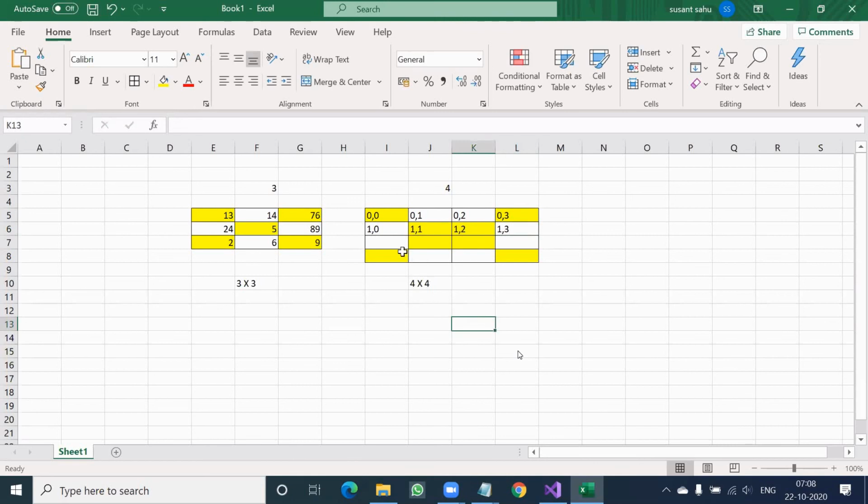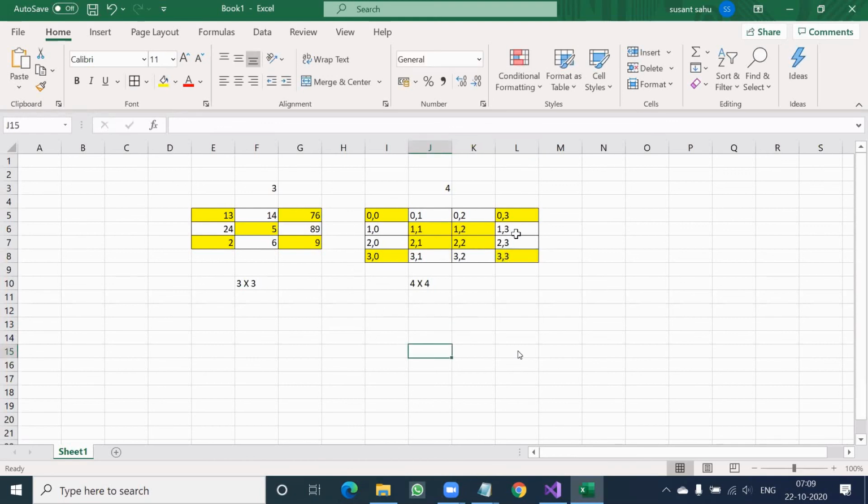All right. So what logic will you develop so that, this will be 2, 0, this will be 2, 1, this will be 2, 2, and this will be 2, 3, then 3, 0, 3, 1, 3, 2, and 3, 3.